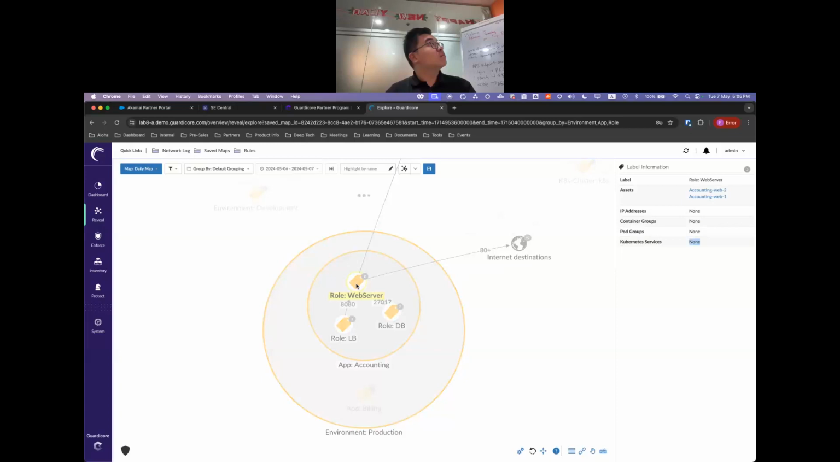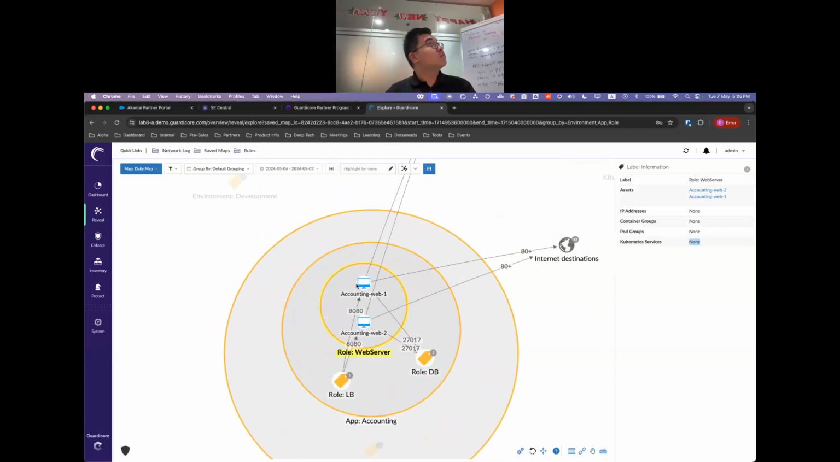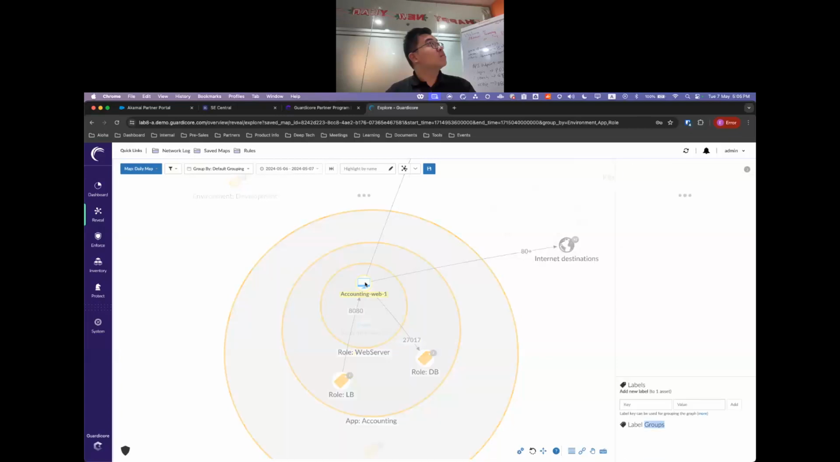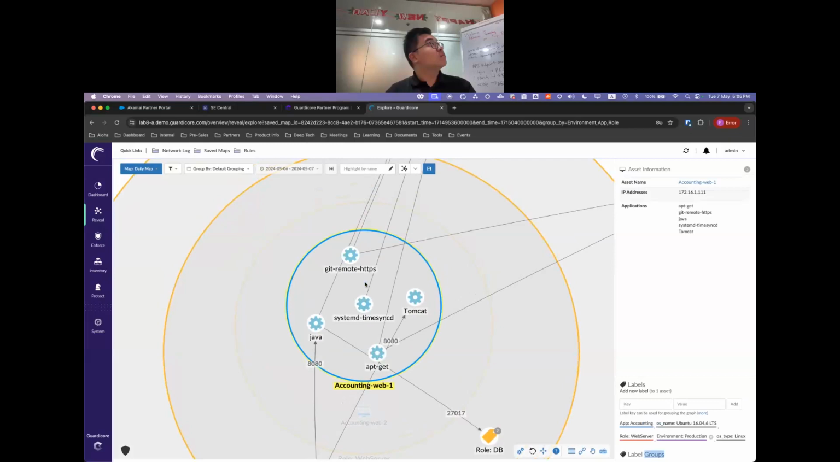This is not the end yet because you can even double click again. Let's say you want to know inside the web server role, what are the servers inside? So there are two web servers inside. You have web server 1, web server 2. So your load balancer talks to these two web servers using port 8080. This is not final yet. If I double click,